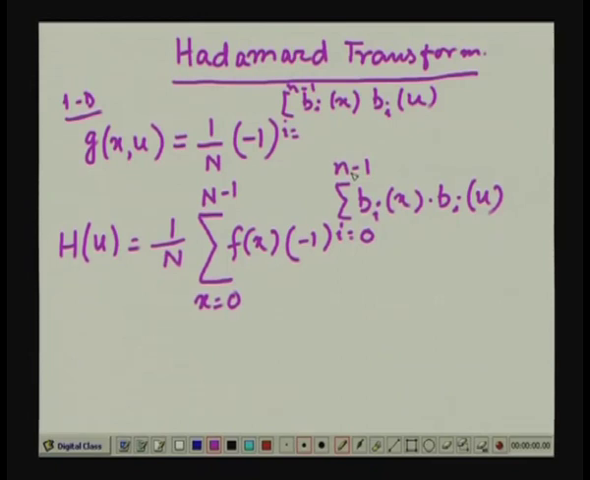And for Hadamard transform also, the forward transformation as well as the inverse transformation are identical. That is, the forward transformation kernel and the inverse transformation kernel are identical. So, here again the same algorithm can be used for forward transformation as well as the inverse transformation. So, here the inverse transformation kernel is given by h x u is equal to minus 1 to the power